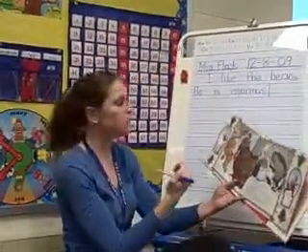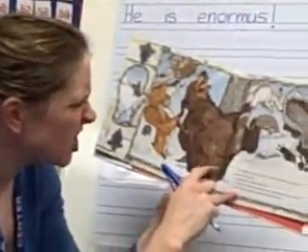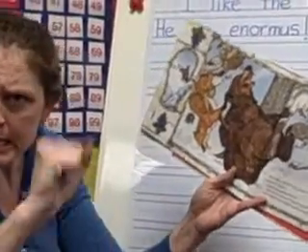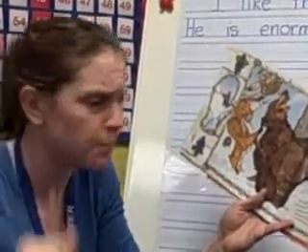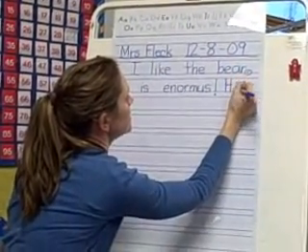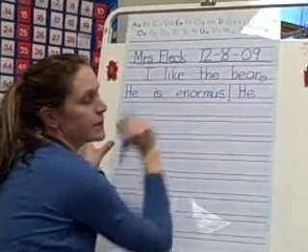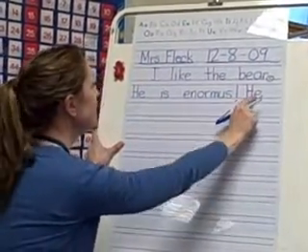I can use the book as a clue. Ooh, look at those claws. Those are long and sharp. He has long, sharp claws. That would really give my reader a picture in their head. He, nice tall capital H, because look, my exclamation mark marks the end of my sentence, so I gotta use a capital letter. He